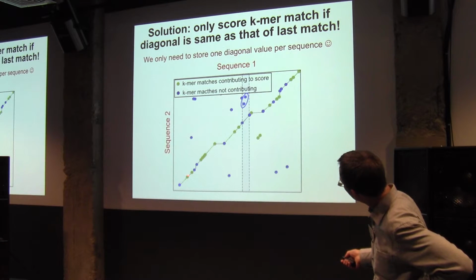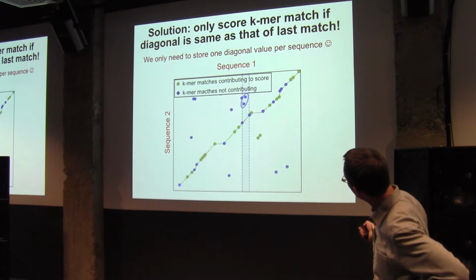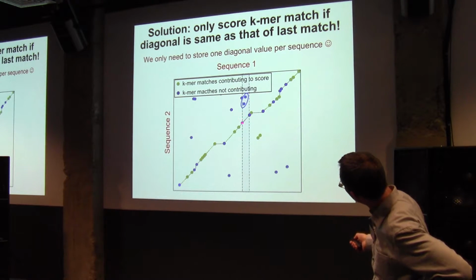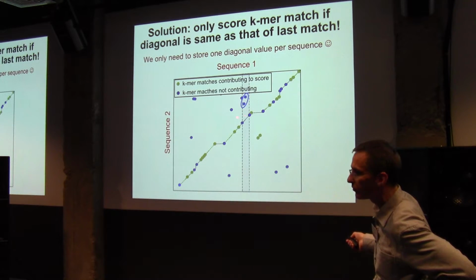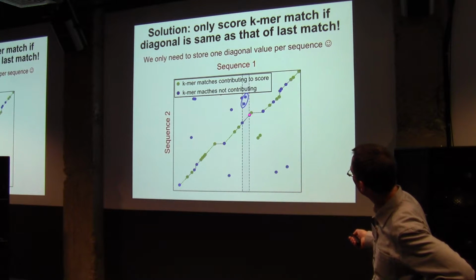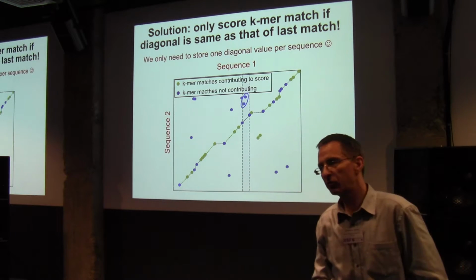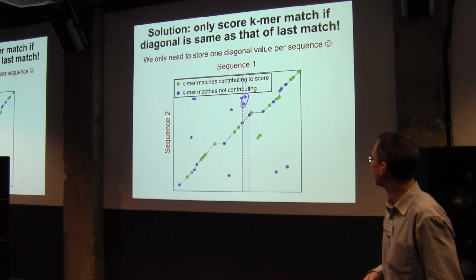So what you see in green, this one is actually false, it should be blue, but what you see in green is all those that give a score. This blue one, for example, doesn't give a score, because it was not the previous one that had the same diagonal, but the one three before, so it does not trigger the scoring. All of those green ones do, because this green one, for example, came directly after this blue one and had the same diagonal. So this makes the algorithm both as fast as the previous one, but much more sensitive.